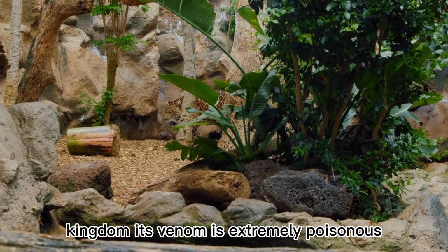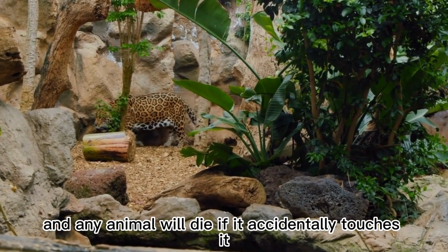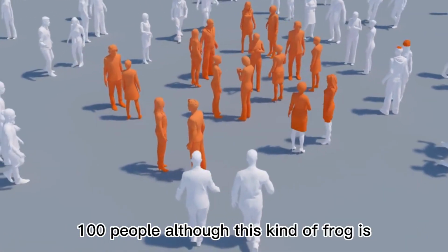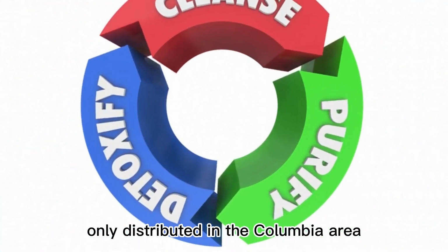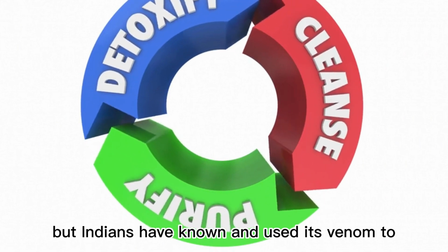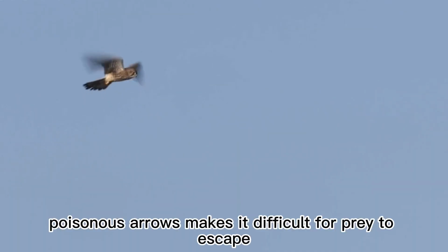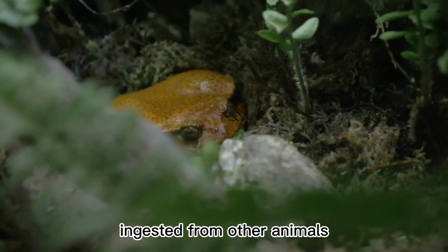Its venom is extremely poisonous, and any animal will die if it accidentally touches it. The venom in a poison dart frog can kill more than 100 people. Although this kind of frog is only distributed in the Colombia area, and scientists first discovered it in 1978, Indians have known and used its venom to poison arrows and javelins a long time ago. Hunting with such poisonous arrows makes it difficult for prey to escape. The poison dart frog's toxin is ingested from other animals,